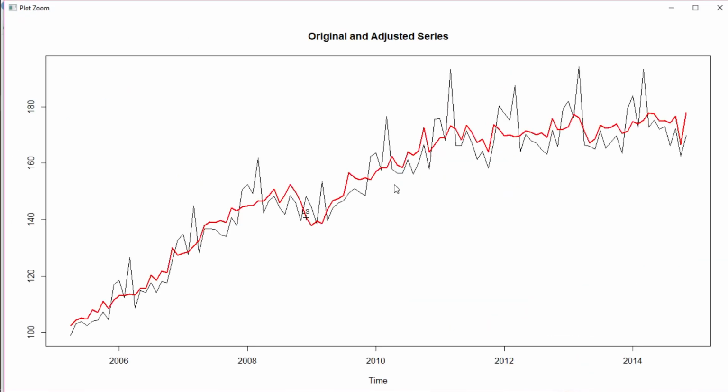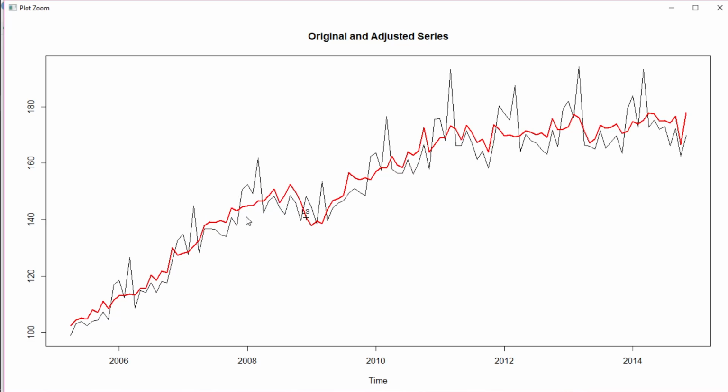Now this is your actual one, and after removing the seasonal component, or deseasonalizing the data, the new deseasonalized data is plotted in red color, and the actual one is in black color. You can see all these seasonal movements have been deducted using this command.